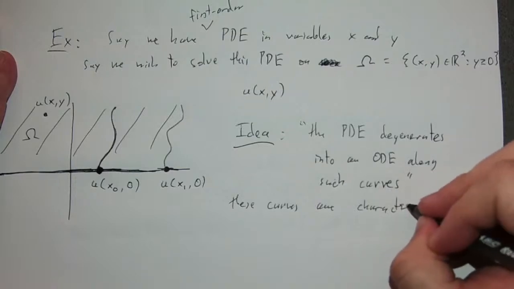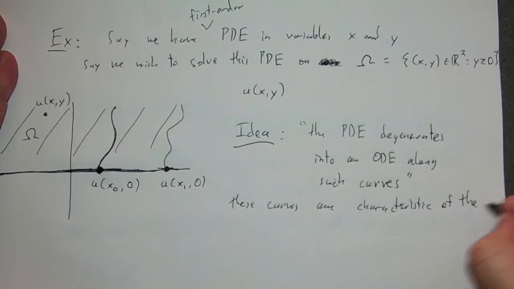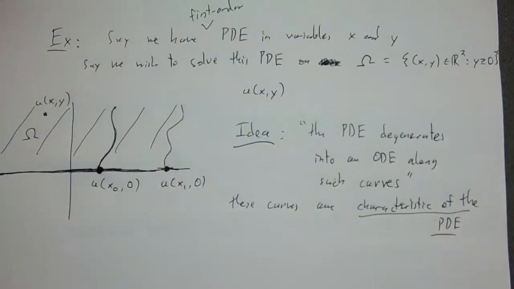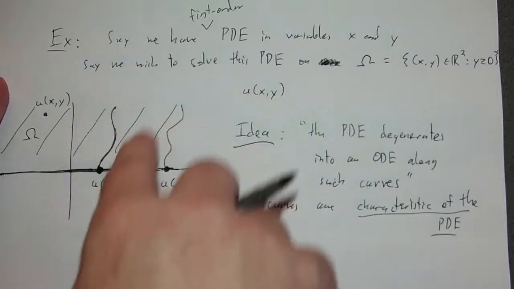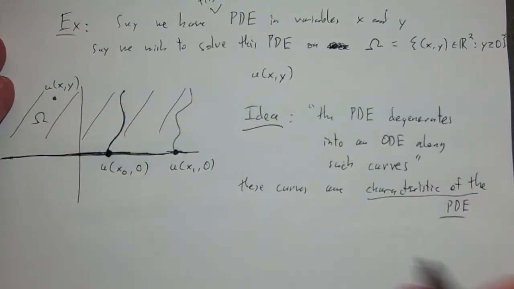So these are characteristic of the PDE. Meaning, in a sense, these curves taken individually are saying something about the character of the PDE. Okay, and now you might say, well, you're just picking out curves here. How does that give you the whole picture? The second idea,